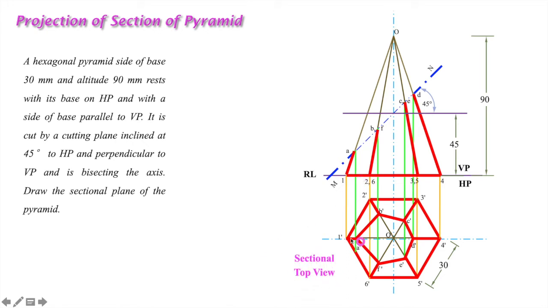Then this will be said to be the sectional top view, because the top view is made due to the section. Without the section it is only a hexagon and the sides up to O. But this is called the sectional top view, because we are getting this view only by making the section. And this is the sectional front view. Then, as it is a section, as I have told you, for the section we have to draw 45-degree angle hatch lines. So give these lines.